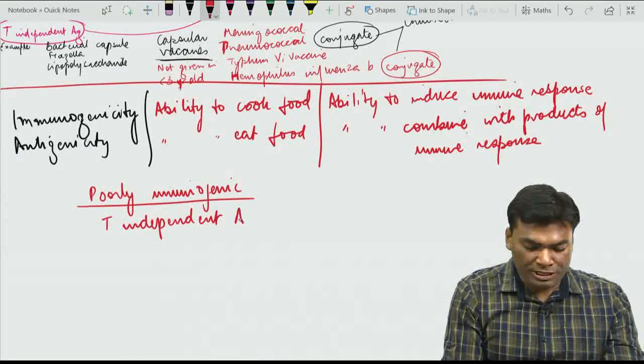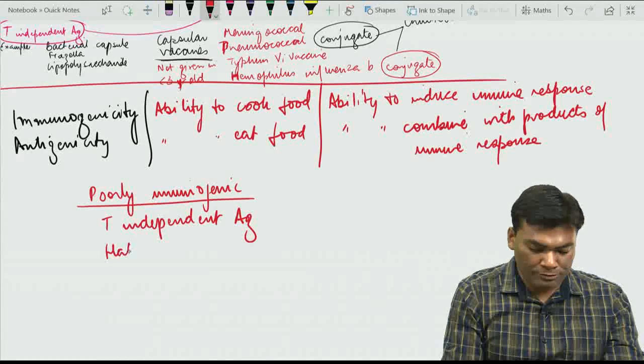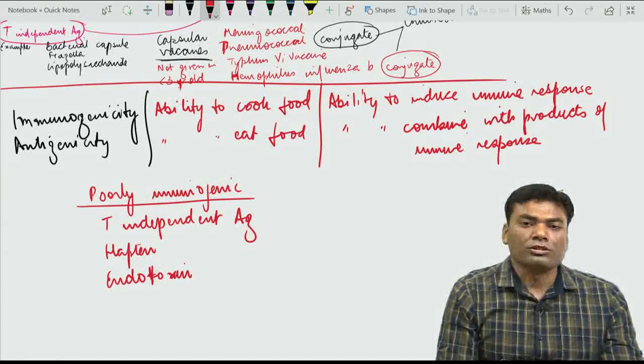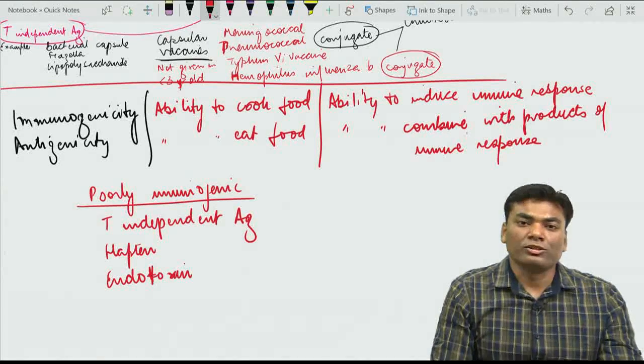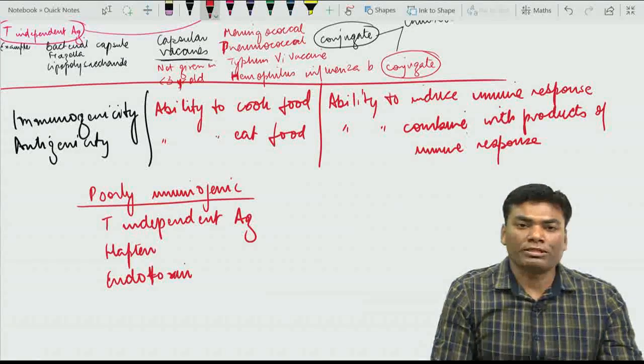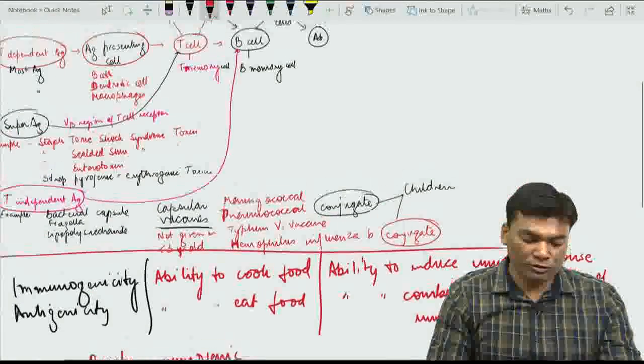So the T-independent antigens, hapten and endotoxins, are poorly immunogenic, but they are antigenic. So they will be able to combine with the respective antigen-antibody complexes,